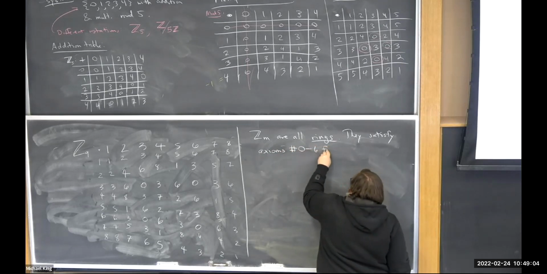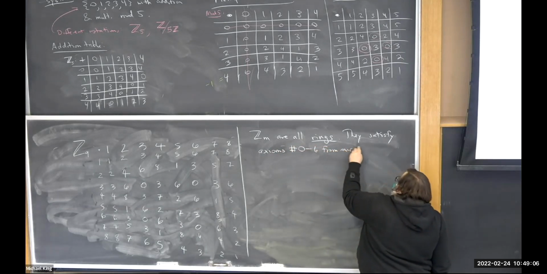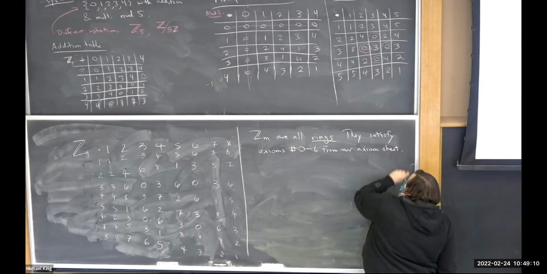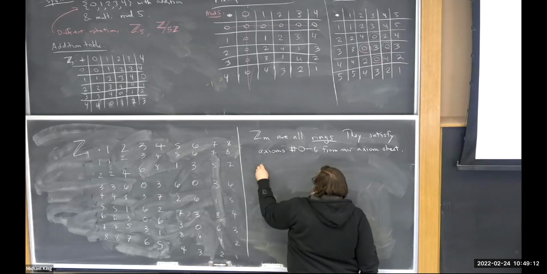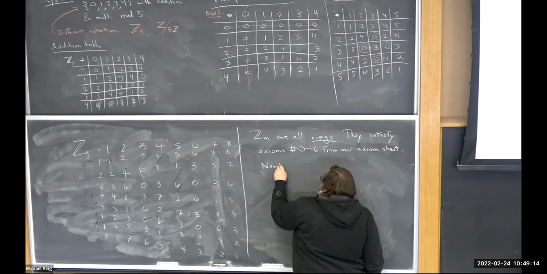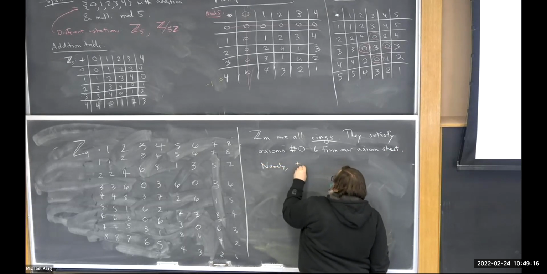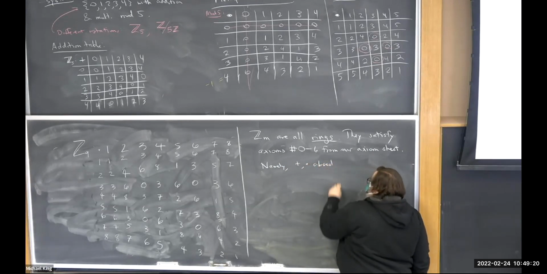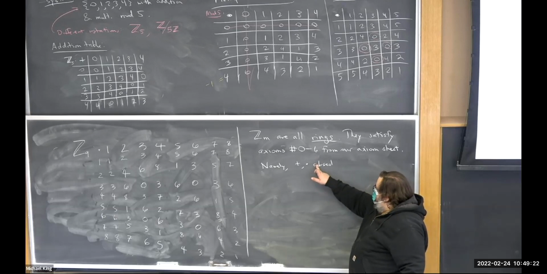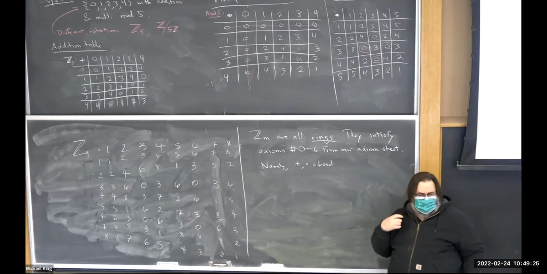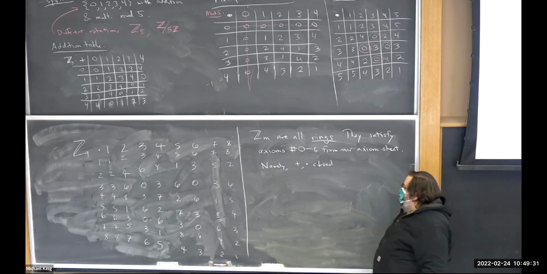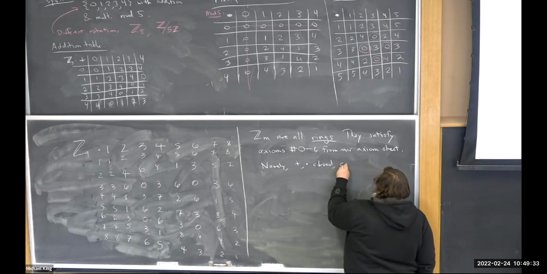Namely, plus and times are closed operations, meaning, I think that's what axiom 0 was. Closure is like, is the operation well defined? If you add 2 things in the set, you get something in the set. If you multiply 2 things in the set, you get something in the set. Closed, they're commutative,